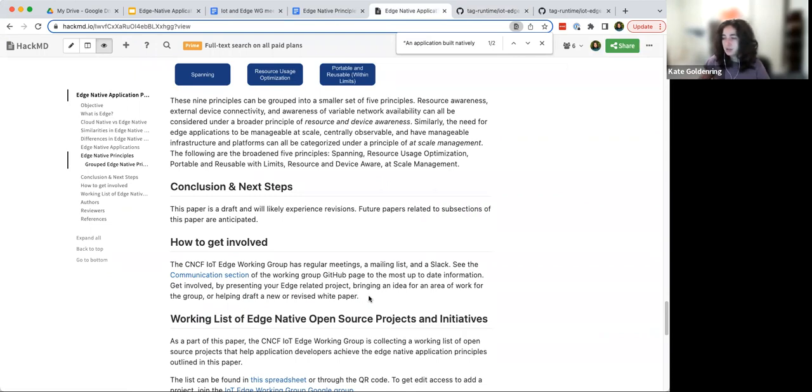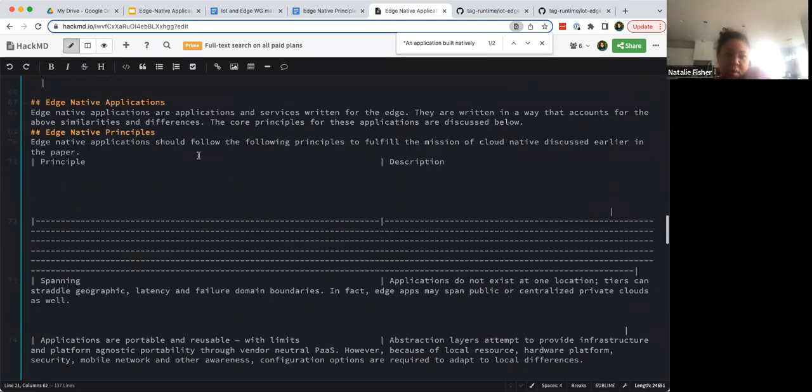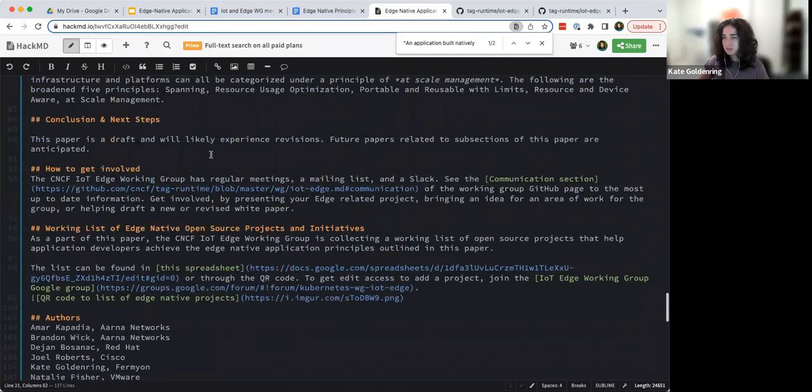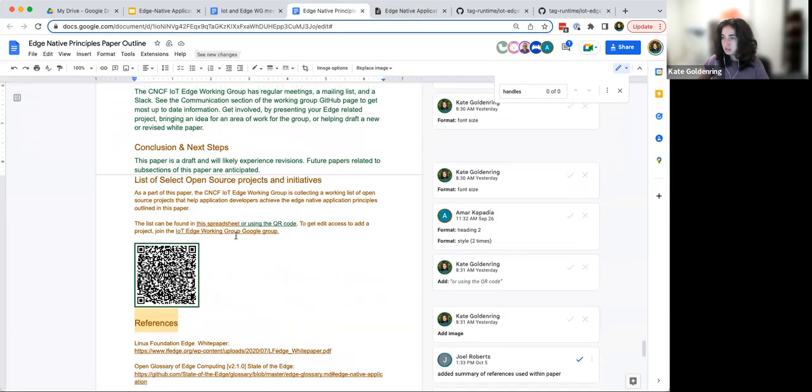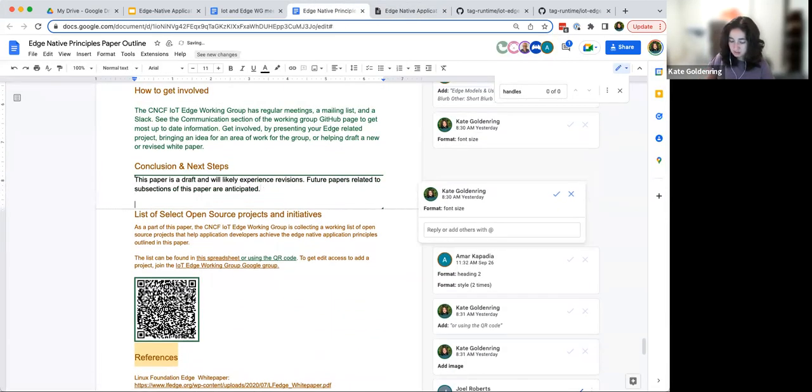And then right here would be a great place potentially to add that survey that you've talked about, Natalie, but maybe that shouldn't go in the white paper itself. Maybe that just goes in our presentation. Yeah, I was thinking it would more go in the presentation versus the white paper. Yeah, that makes sense. Great. And if people like this, I can go ahead and add that to the